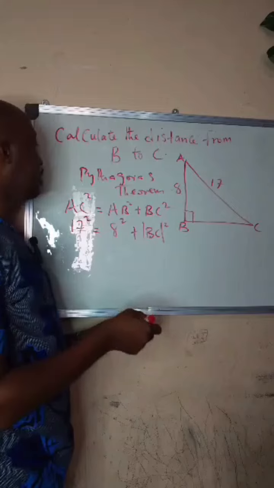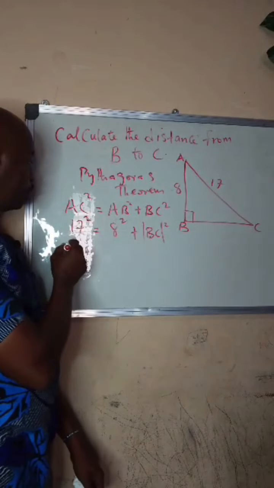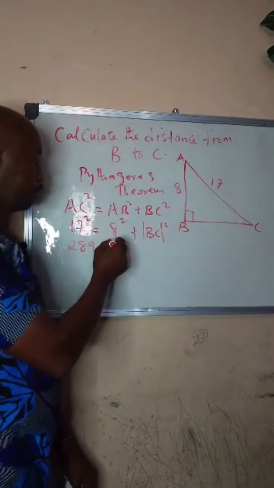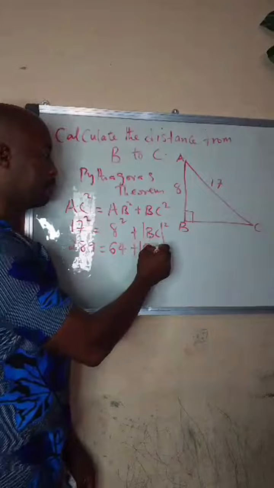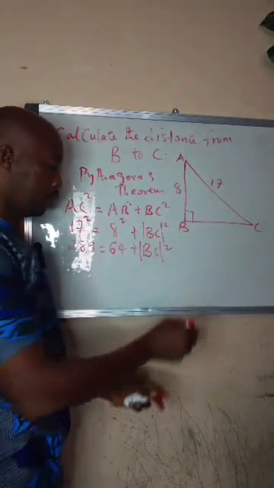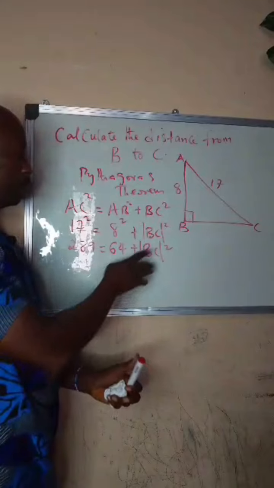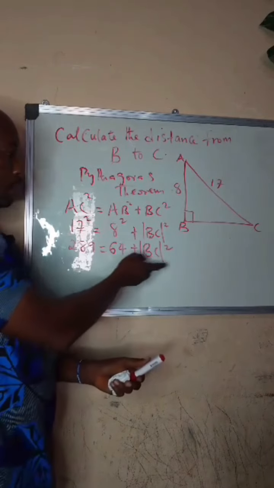All right. Now, 17 raised to the power of 2 is nothing but what? 289 equals to 8 raised to the power of 2 is nothing but what? 64. Plus B, the side of BC raised to the power of 2. This is Pythagoras theorem. And now, what we need to do at this very point is for us to collect